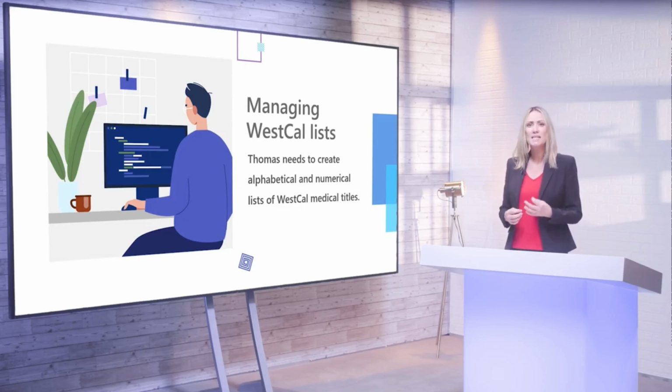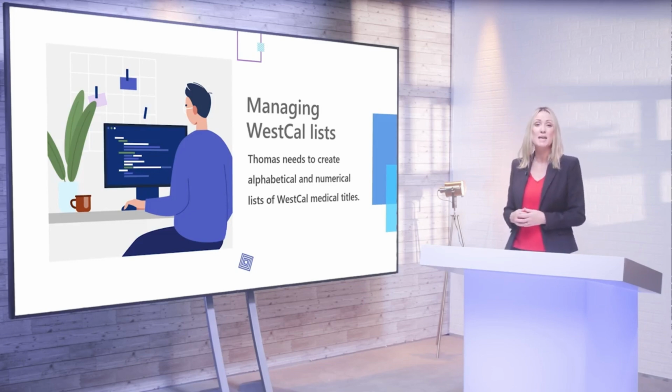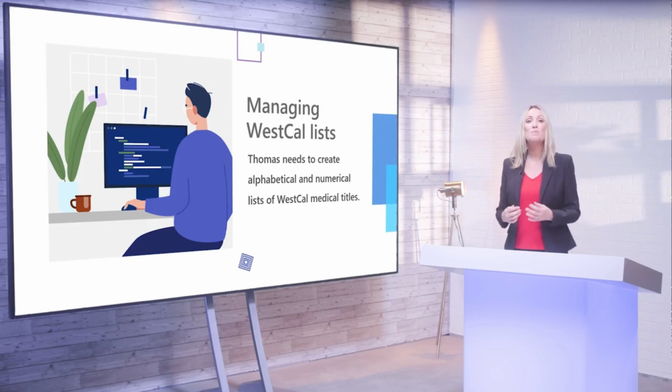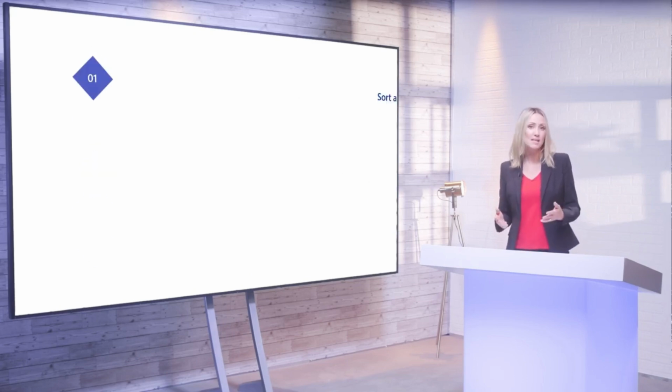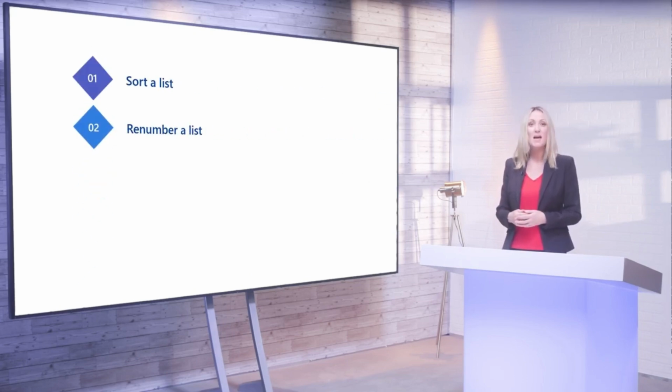He needs to provide an alphabetical list of titles and a second numerical list of ISBNs. Thomas can use Microsoft Word to sort the lists both alphabetically and numerically. Over the next few minutes, you'll discover the methods that can be used to create these types of lists. By the end of this lesson, you will be able to sort a list, renumber a list, and customize a